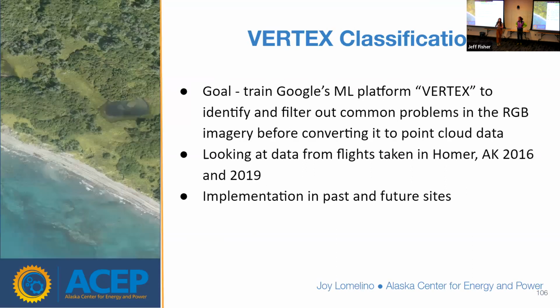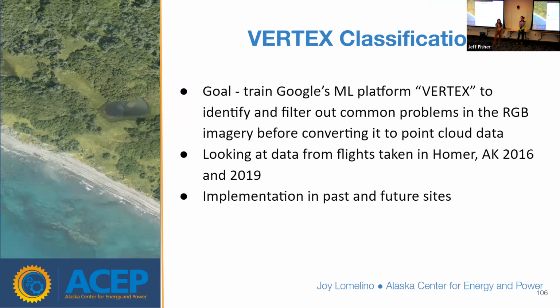Okay. And so for my personal project, I've been working on training Google's machine learning product Vertex to identify problems that occur in the LiDAR data. When LiDAR data is being collected, they're also taking RGB imagery at the same time. And problems like debris and birds and boats are really obvious in these RGB images, but they're not obvious